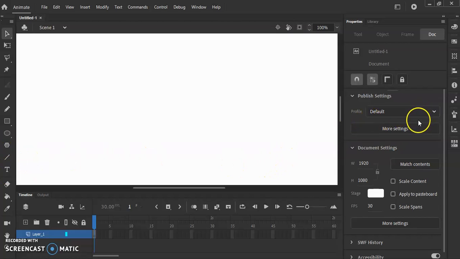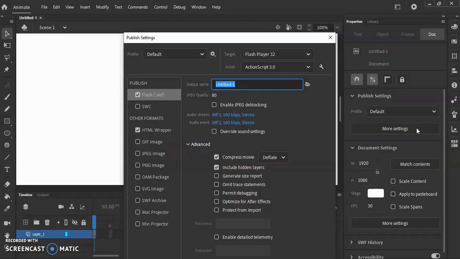On the right hand side we have the tool properties, meaning what settings we want to use. For example, we can check the publish profile, like Flash, SWC, and other formats, if you want to create a JPG or GIF image, and so on, as well as the quality of audio or video streams that you want to include in your